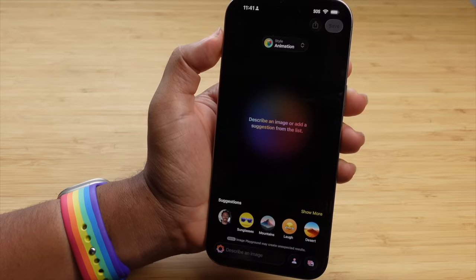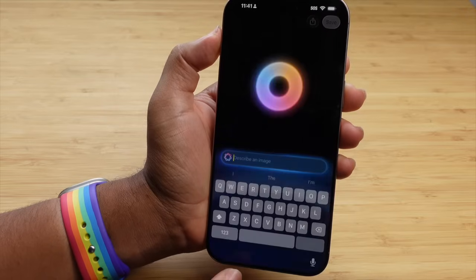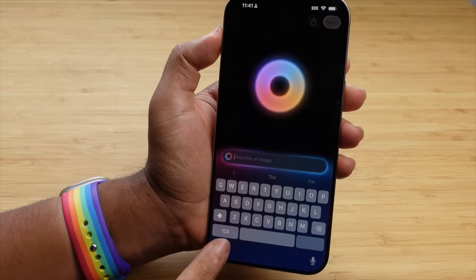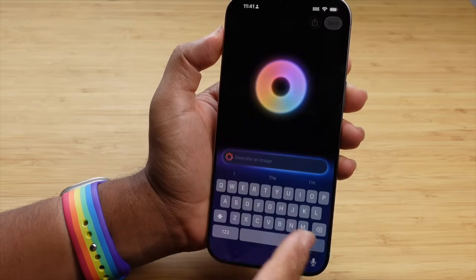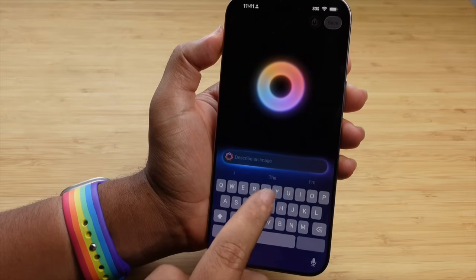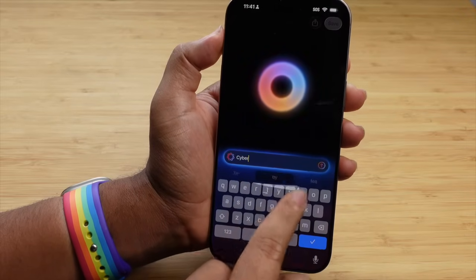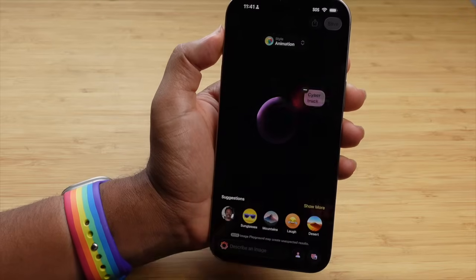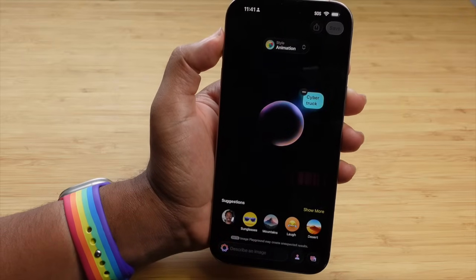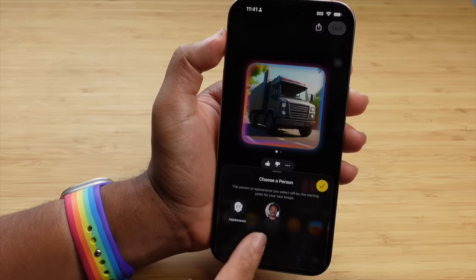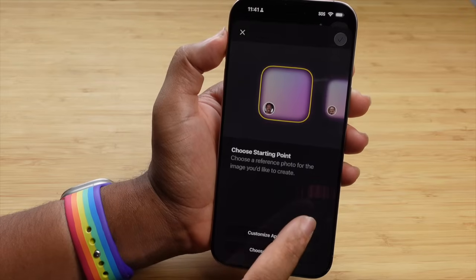So you can come over here and describe an image, and it lets you mix emojis and descriptions. So we can say cyber, I don't know if it'll get it, we'll do cyber truck and see what happens here. We can tap over here with personal. We can add in